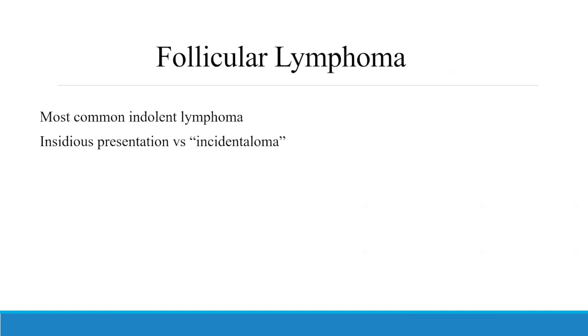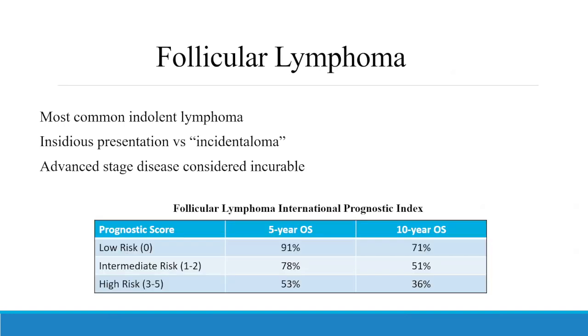Most of these patients are advanced stage once they get diagnosed, and the later stages of follicular lymphoma are considered to be incurable. We do something called the FLIPI, which is like the RIPI. It takes into consideration patient characteristics like their age, as well as their blood work and staging to prognosticate them. And obviously the numbers are not quite as good as you would expect for DLBCL, which is a curable type of lymphoma, but still pretty good.